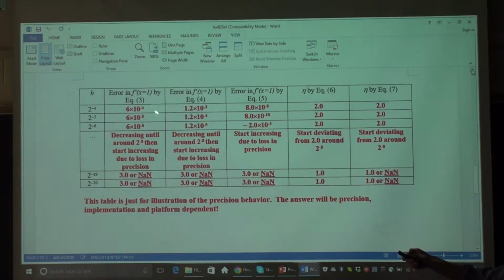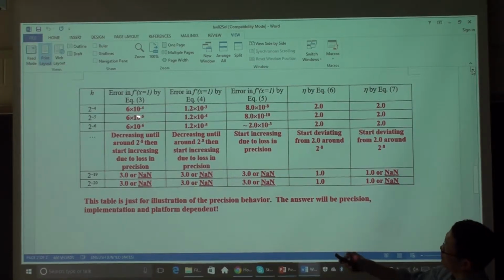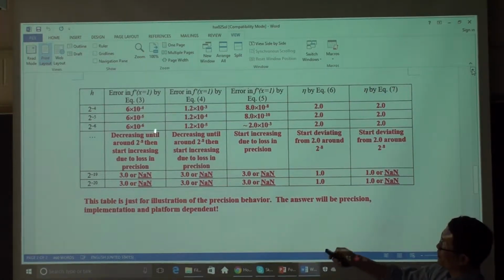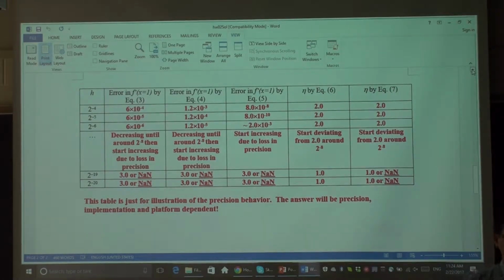So this you can first observe: how it is proportional to h, how it decreases. This should be 10, not 4, the value here is 10. It's a first order scheme, so every time it decreases by 10, sorry.